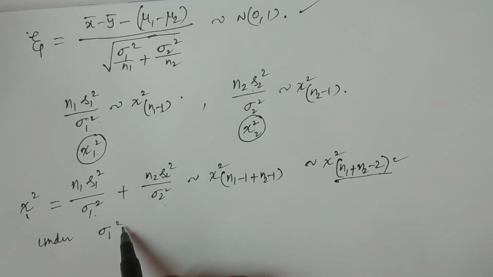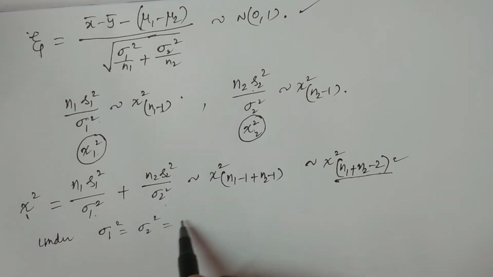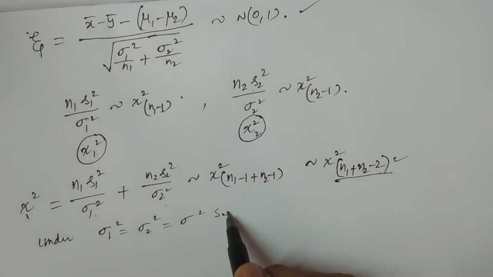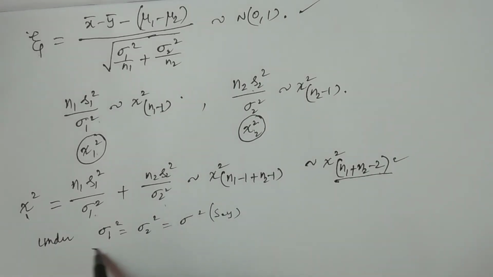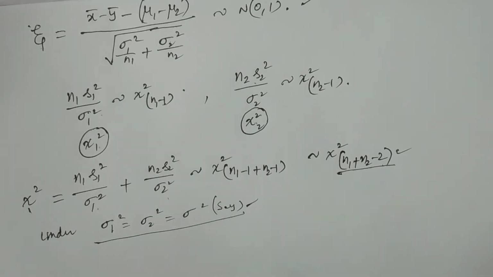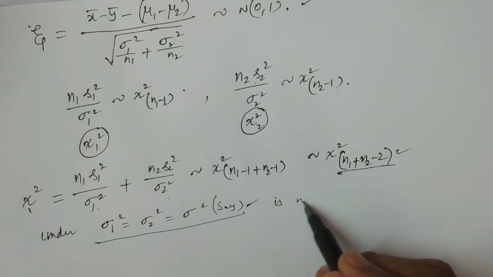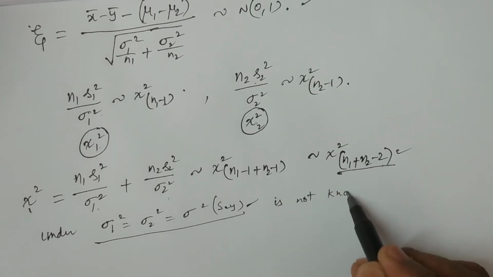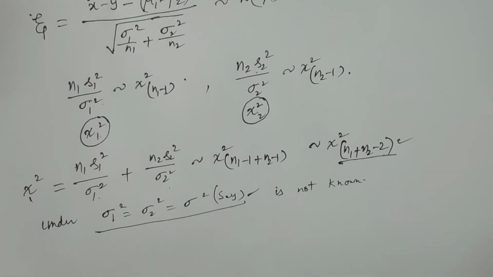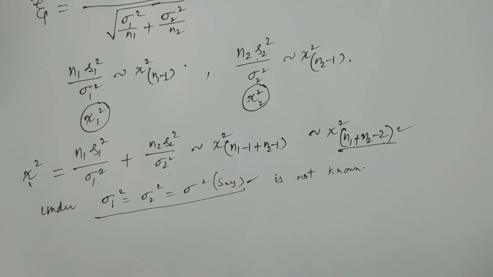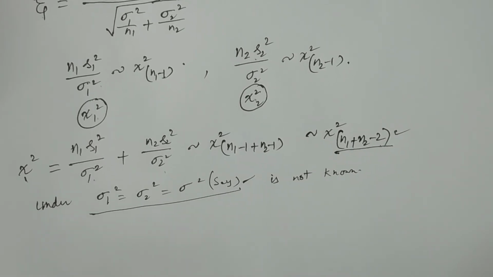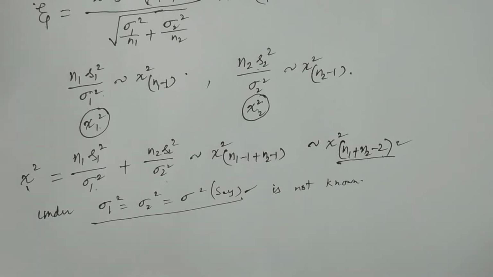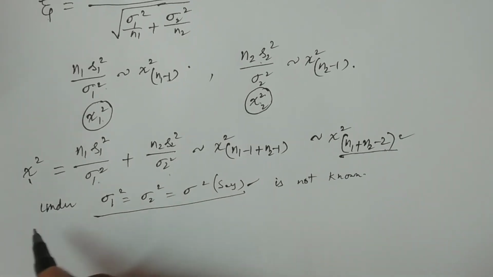Under the assumption that sigma 1 square is equal to sigma 2 square is equal to, let it be, sigma square. That is what I have specified at first. At the very first, in the theory, I specified that you have to consider it is not a known value, but they are equal. Under the assumption that population variances are equal, we have to consider this. So therefore, if I consider, then chi becomes